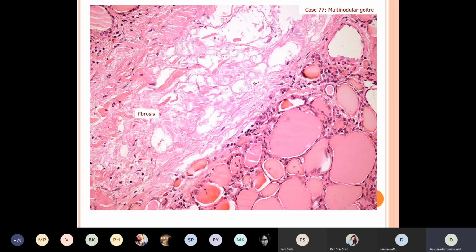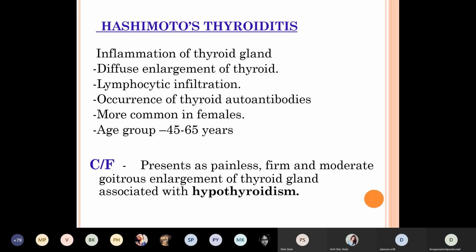Now we will see fibrosis. You can see there is fibrosis in between, and on both sides there are follicles. Follicles are distended and lined by cuboidal epithelium. So this is the histology, at least you should be able to write: distended, irregular follicles, increase in size and number, filled with the colloid, lined by cuboidal epithelium, with fibrous septae in between. Now we are done with multinodular goiter. That slide is there for your exam. We don't have the specimen for your exam.